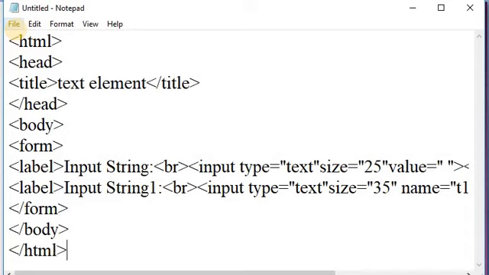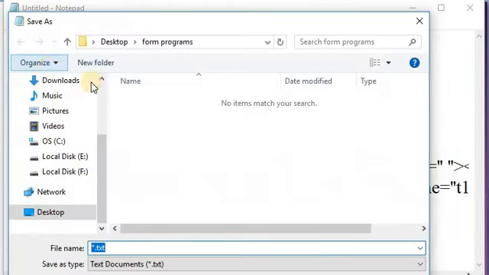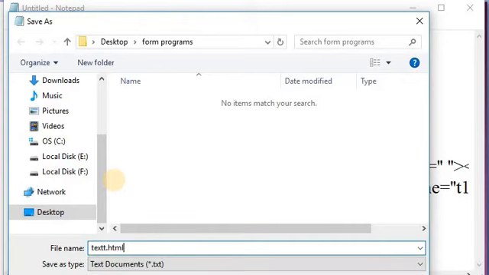This is our HTML code of a text element. Save this file with HTML extension, here text.html.